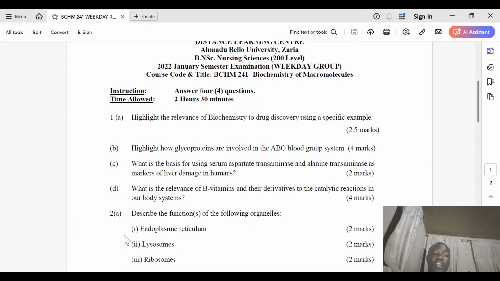Then the next one is lysosome. Endoplasmic reticulum has both smooth and rough. The rough is for detoxification of harmful substances in the hepatic. Now, who can tell me the functions of lysosome? We are now done with the endoplasmic reticulum, which, as I said, is divided into two. Smooth endoplasmic reticulum is for drugs metabolism. The rough is for transport and packaging of the synthesized protein. So then what are the functions of the lysosomes?